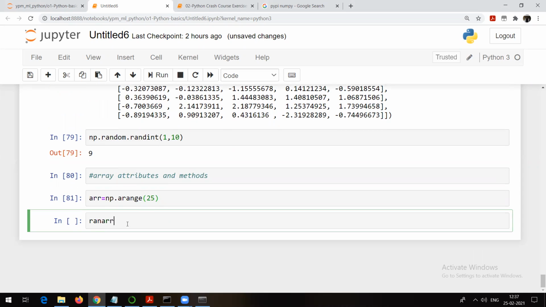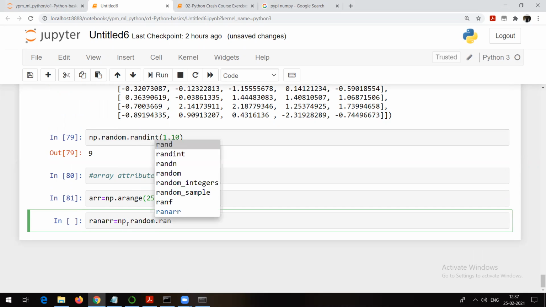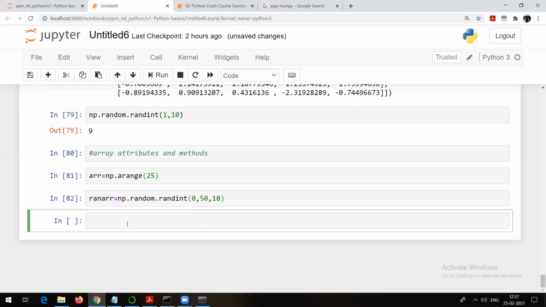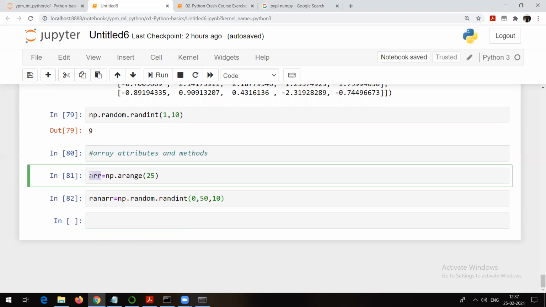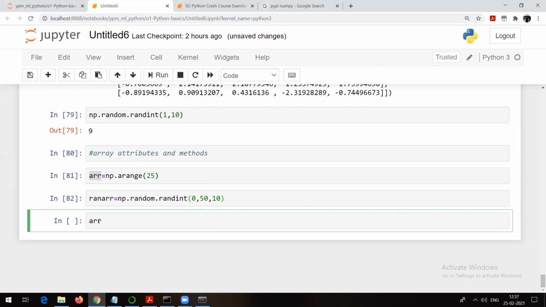And I will create a random array, ARR is equal to np.random.randint(0, 50, 10). Now, can you people tell me how many elements are going to be there in ARR, and which are those elements?